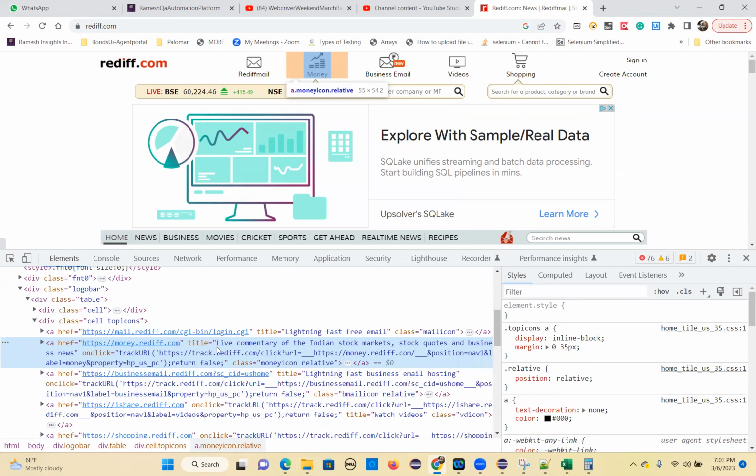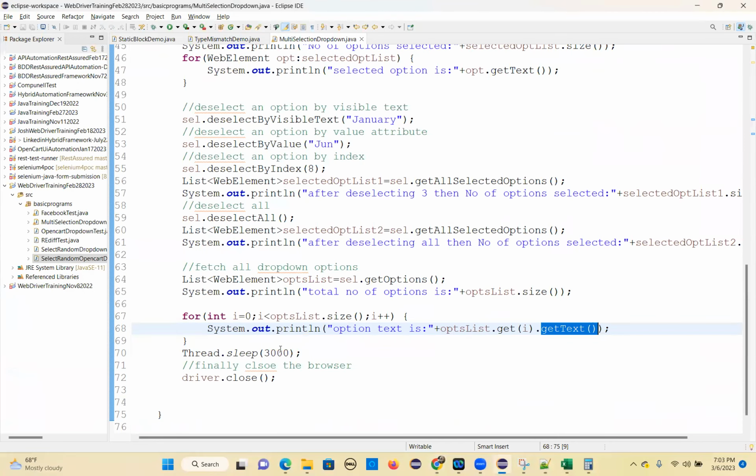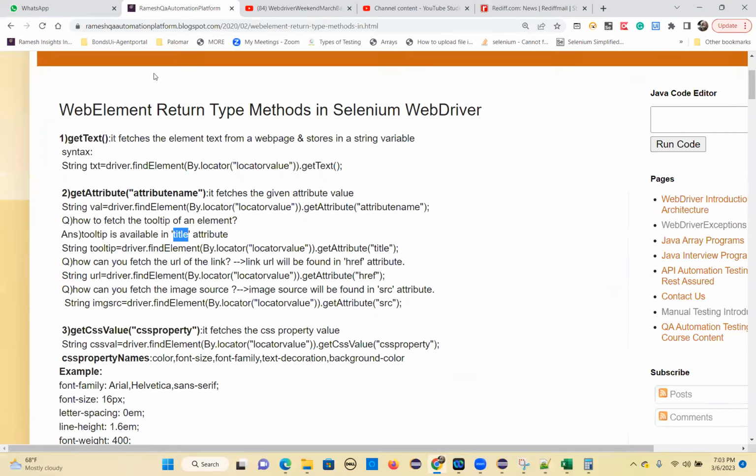If any element tag has a title attribute, what does that mean? It has a tooltip. Okay, so that's the main concept I want to cover here. So you should know this concept. If anybody asks you to fetch the tooltip of an element,